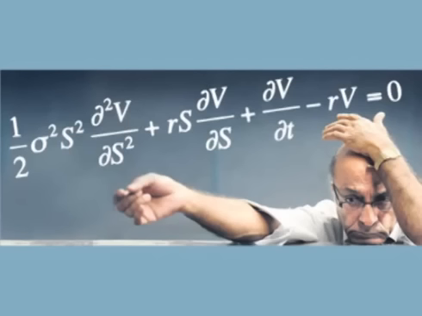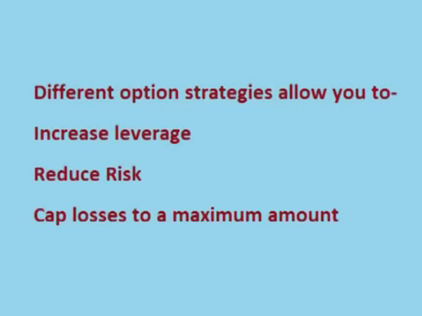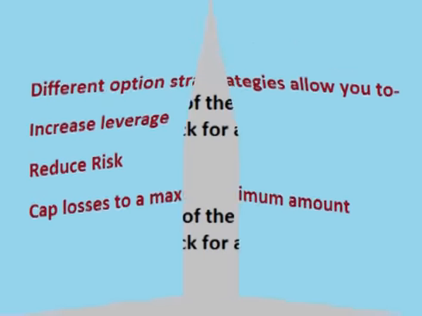In this course, I fully and completely break down option trading, and I explain each part in a way that is simple and easy to understand, including showing lots of examples. Options are one of the most, if not the most, diversified trading instruments available. In addition, one can trade some option strategies with very little money, much less than it would take to trade stocks. One of the benefits of options is that one can increase leverage while at the same time reducing risk or capping risk to a fixed maximum amount.